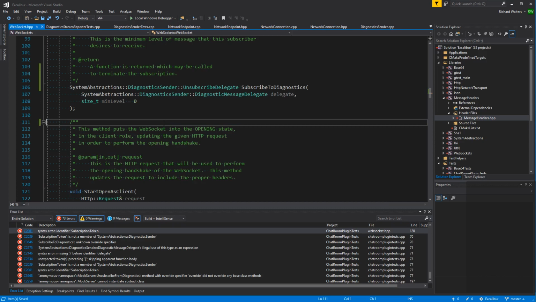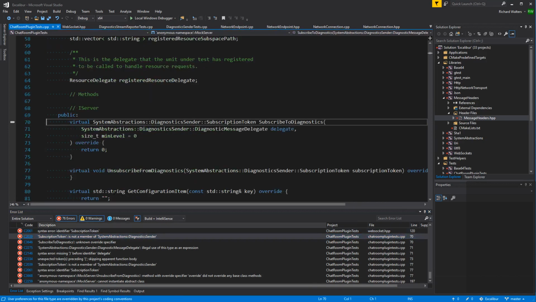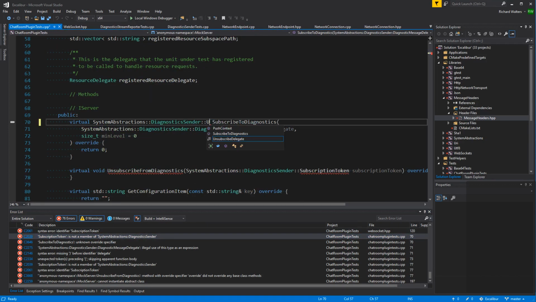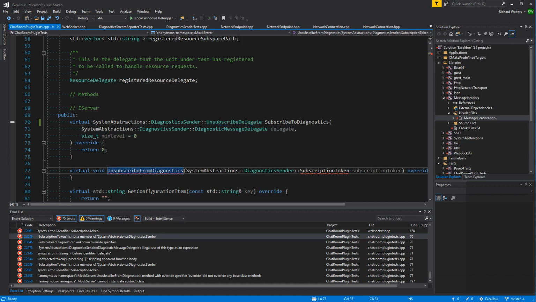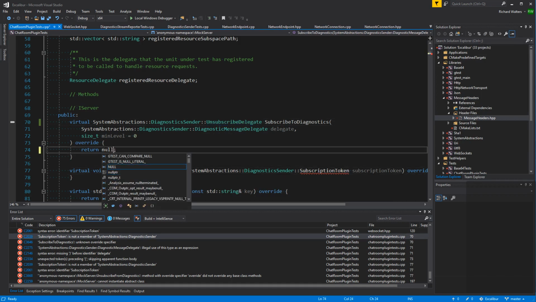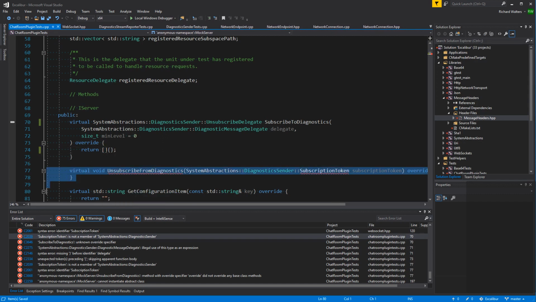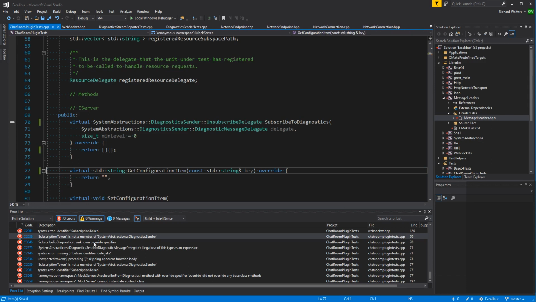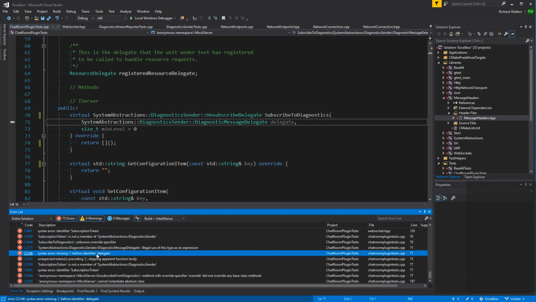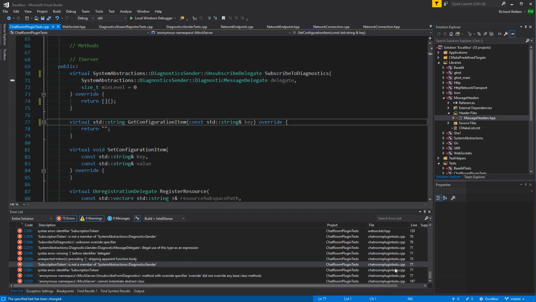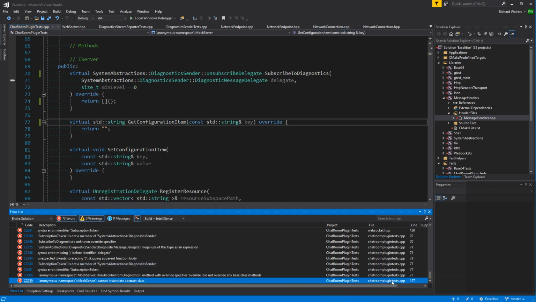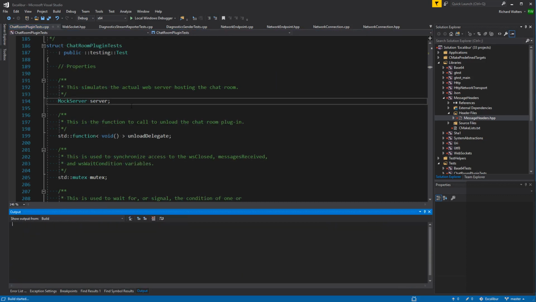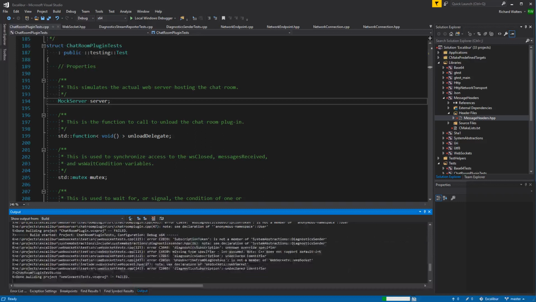Same kind of deal. Null pointer. Well, let's just give it something that you can call that does nothing, right? That'd be the equivalent. Okay. Try that again.